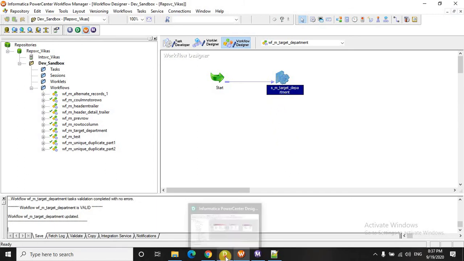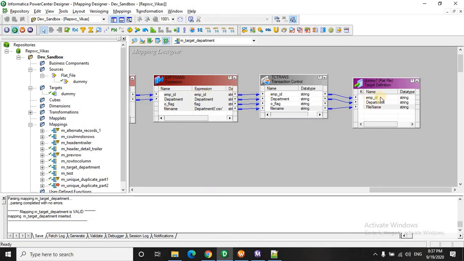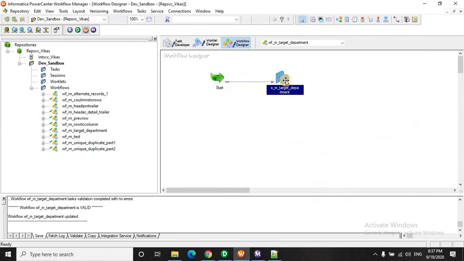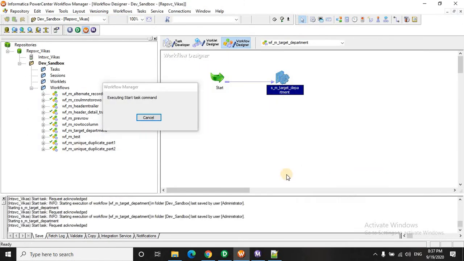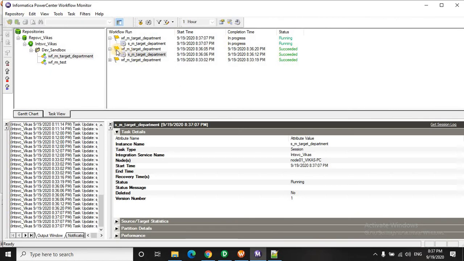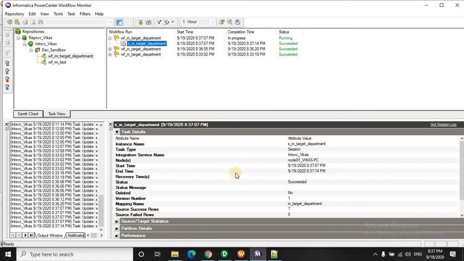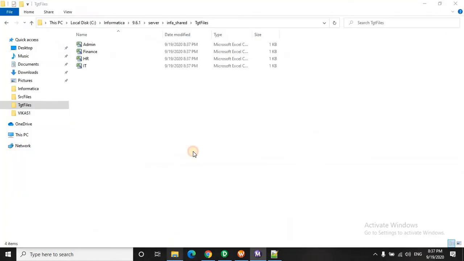That is, the mapping which we are having, it will take the header from here. Let's run this. If you go here, it's done. Let's open the HR file.